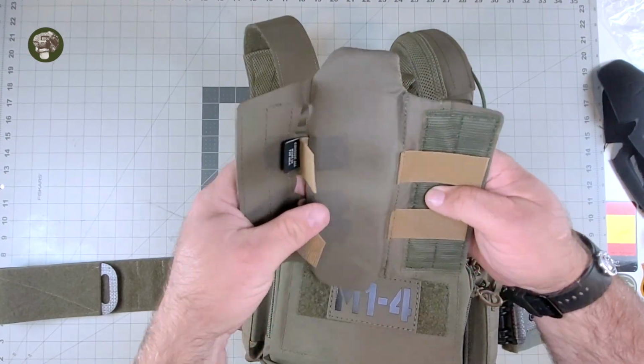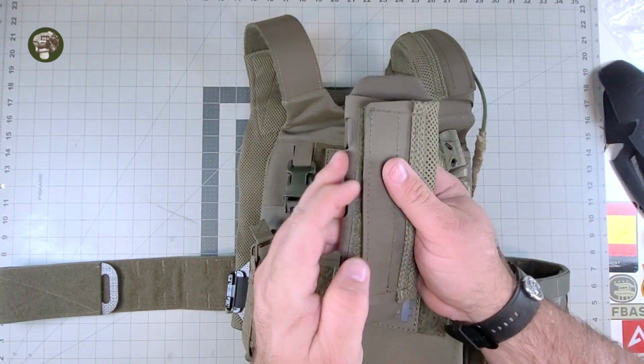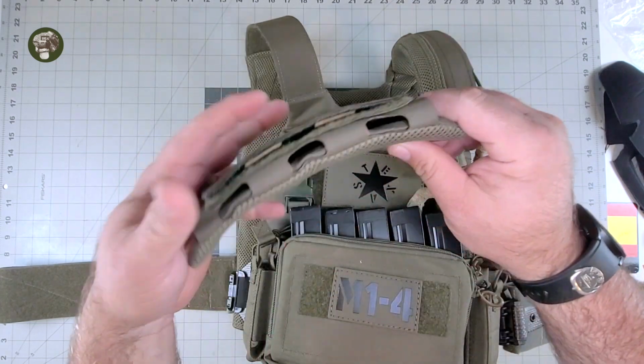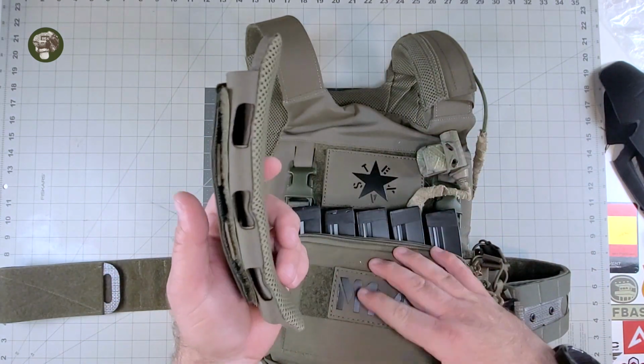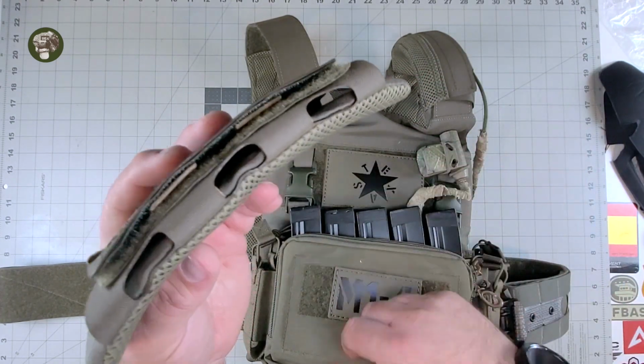So on the Shaws, like we talked about at the beginning, I kind of showed it. I'm going to show it again real fast. You do have these cutouts. These are like comms routing and cable management or hydration routing, little cutouts for everything. I think these are more for comms, to be quite honest with you,